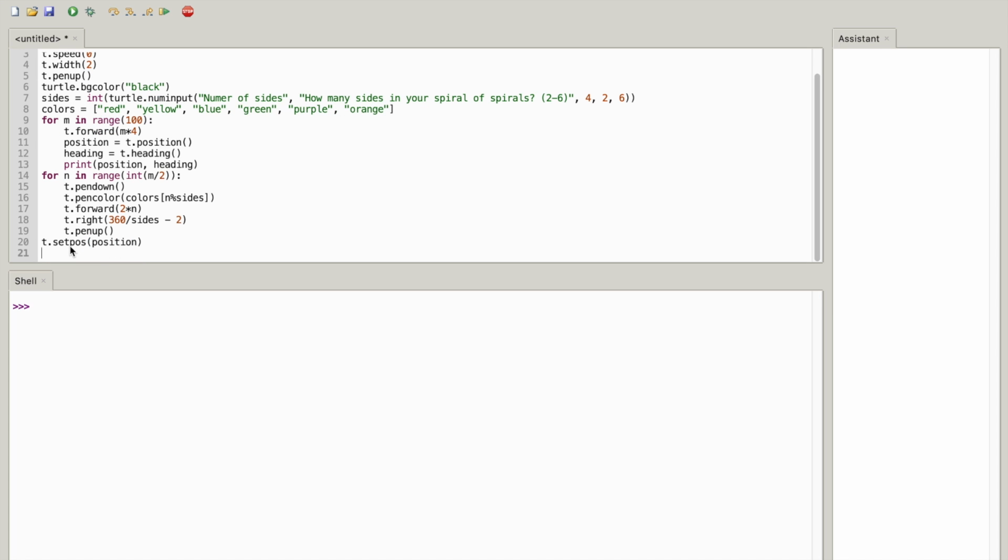We're going to enter that. We're going to do t.set heading. We're going to do some parentheses, open and close, heading,